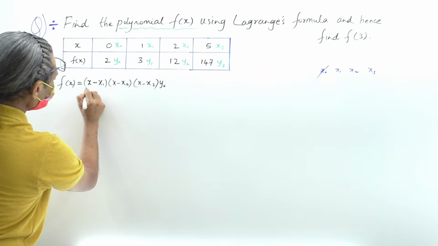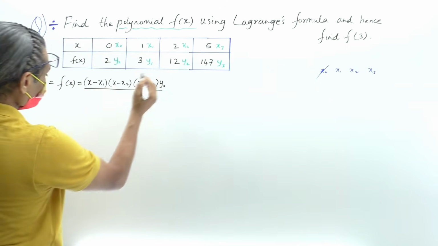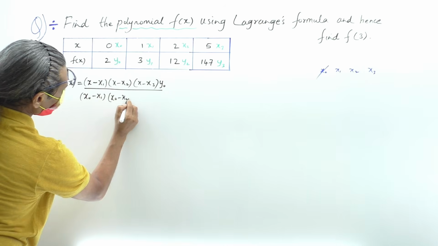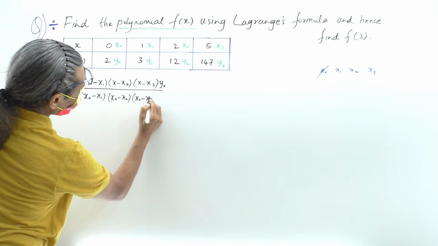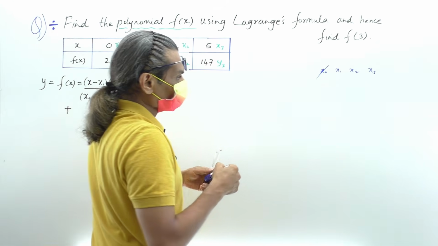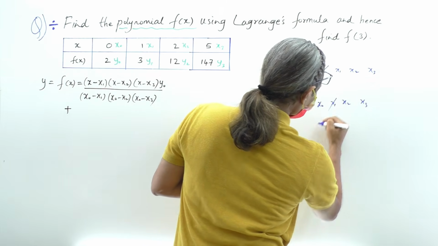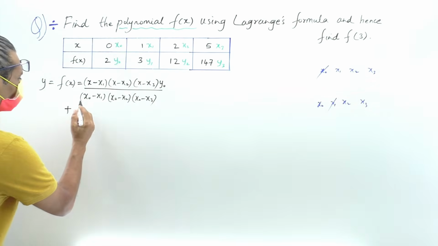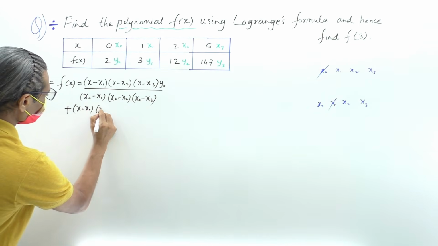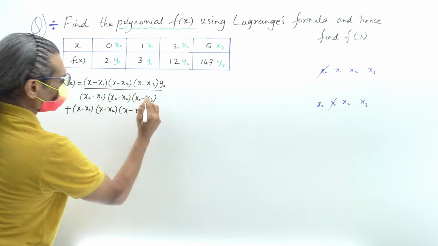y0 whole divided by, we have not taken x0, removed. That means x0 minus all the terms. So x0 minus x1 into x0 minus x2 into x0 minus x3. That's it. Okay. Plus, next, what to do again, right? x0, x1, x2, x3. I'll remove x1. Simple. Again what? x minus x0. What are the remaining terms here? x0. Then x minus x2 and x minus x3 into, second is y1